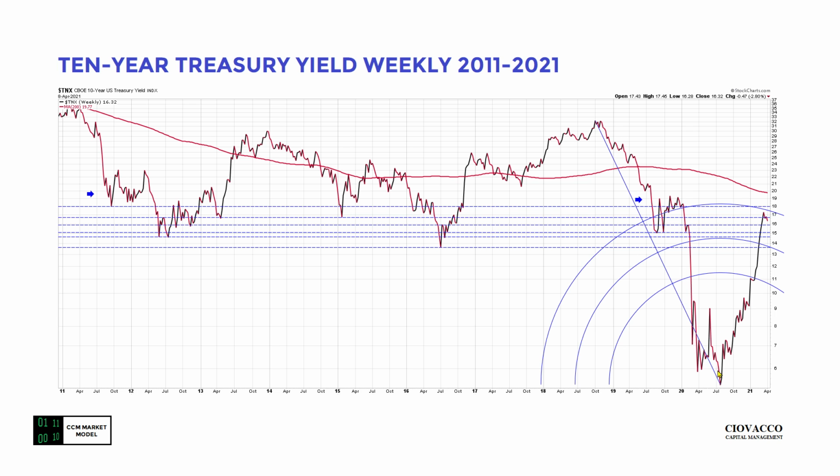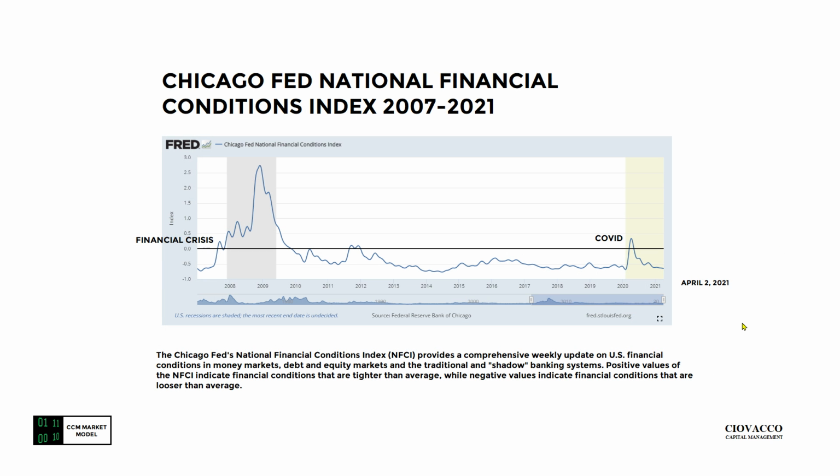Really what the question is here, interest rates, intermediate term rates and longer term rates, have moved a long way in a short period of time. And what we really want to know relative to the stock market, does that mean credit conditions are tightening and access to credit is becoming more difficult? If the answer is yes, that would be concerning. According to the Chicago Fed's National Financial Conditions Index, the answer to that question is no. Credit conditions are still relatively loose.